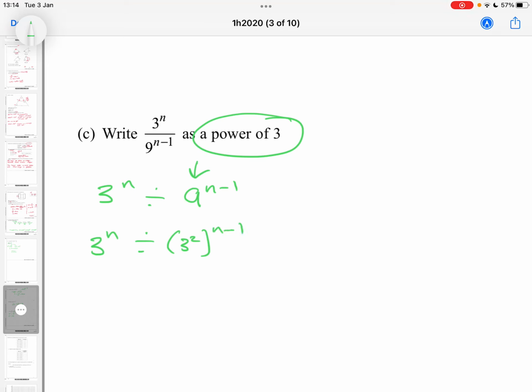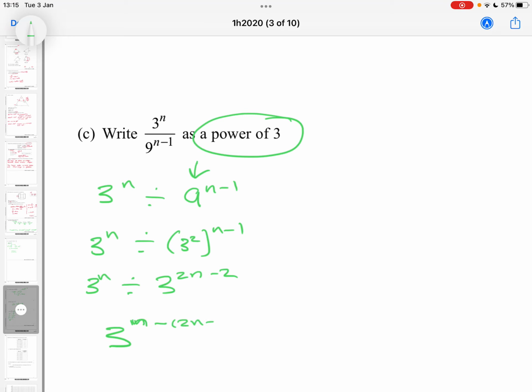Then we're going to use the laws of indices. So I'm going to times n minus 1 by that 2 that's inside. So we're going to have 3 and then 2n minus 2. Now the law of indices, when you're dividing, when the base is the same, you just subtract. So I need to subtract 2n minus 2 from n. So I can write this now as 1 indice. So I'm going to have 3, and then I need to do n